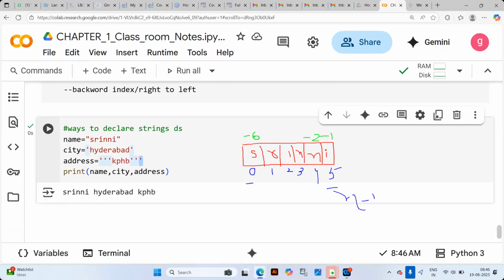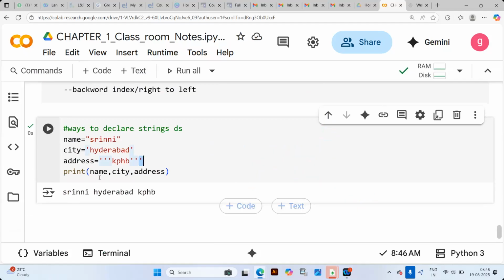-0 won't be there, sir. In bottom, from left to right, no, if it is left to right, it will be maintained. It will start the indexing from 0 by default by the interpreter. Okay, sir. Yeah, on the right hand side, let me clarify.